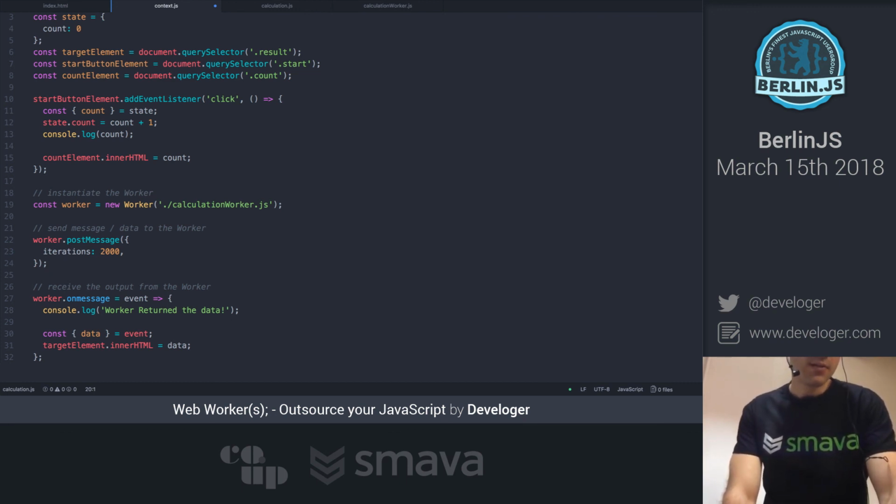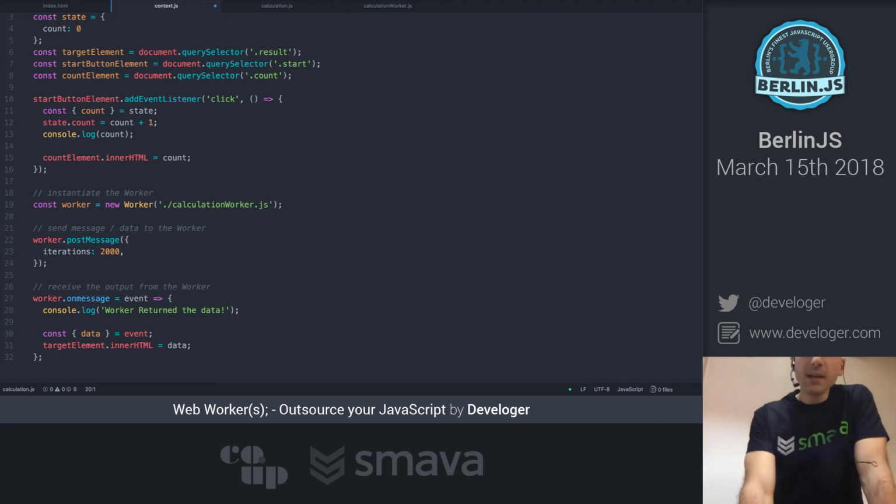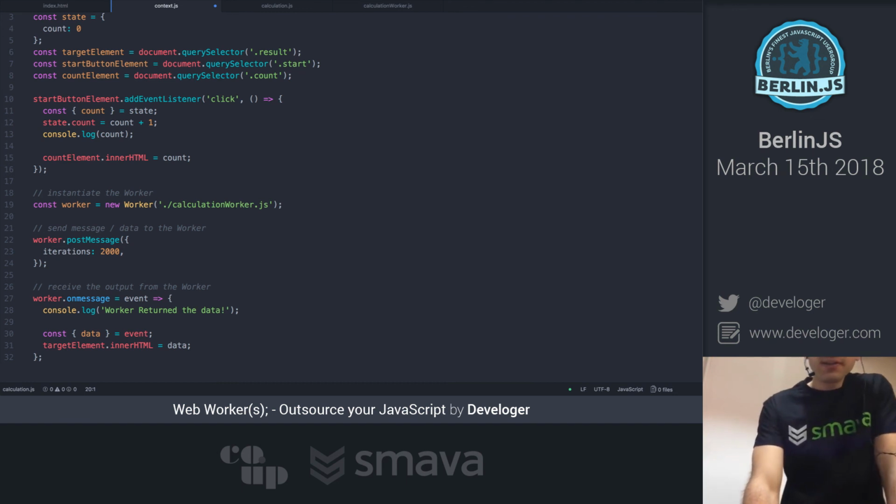In this case, we can just remove this horrible code and replace it with a worker. You instantiate a new worker. This method accepts a path, and then you define a message to be posted to the worker, which is just some kind of object.